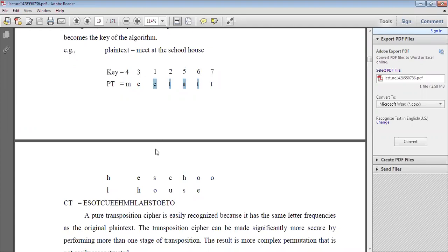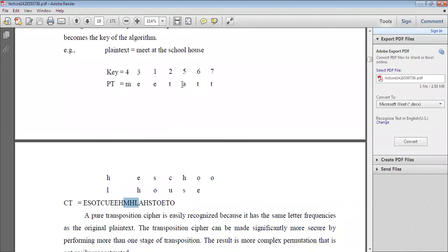So E and S O, that is the first one. The ciphertext you have to convert starts with ESO. Clear? And the second, second importance you have to give to TCU. So this is the TCU. Next, third one, EEH. Next, fourth one, MHL.